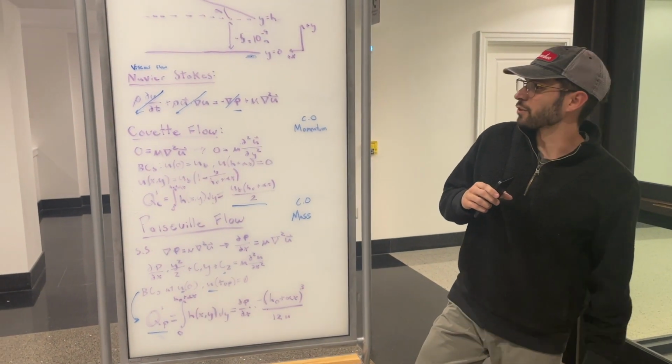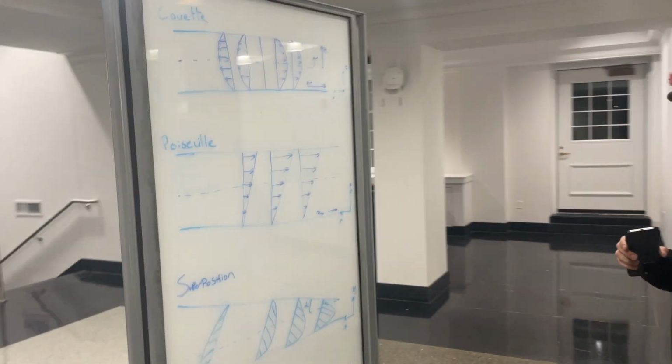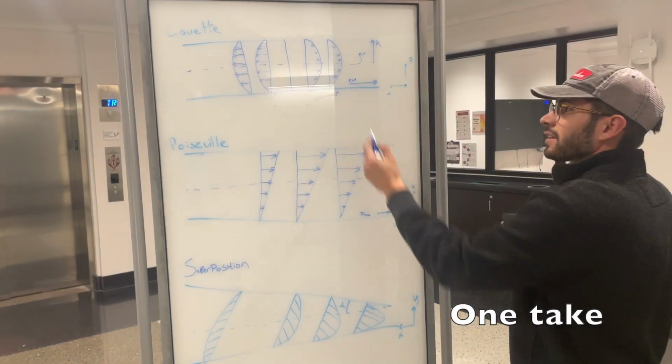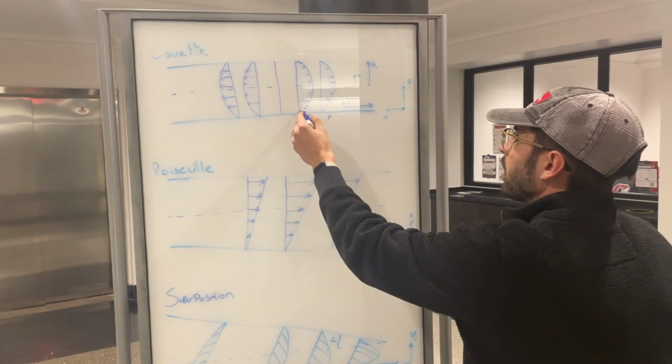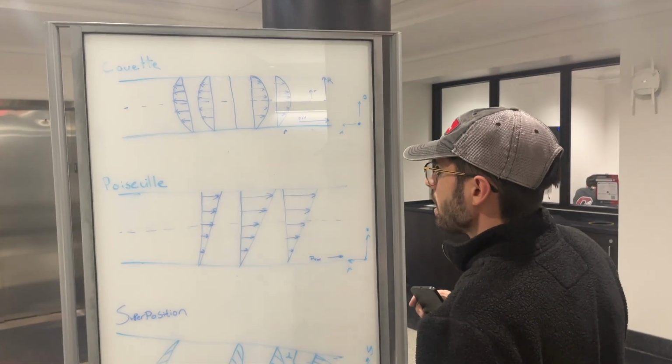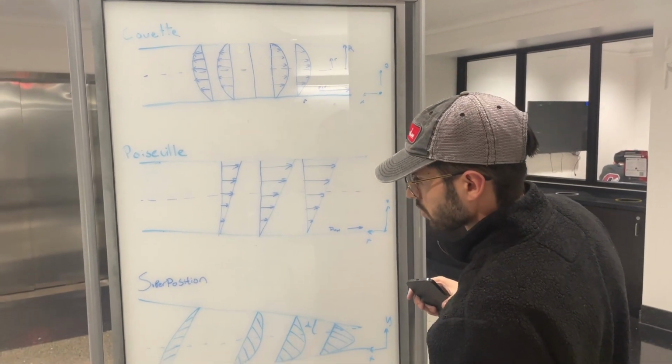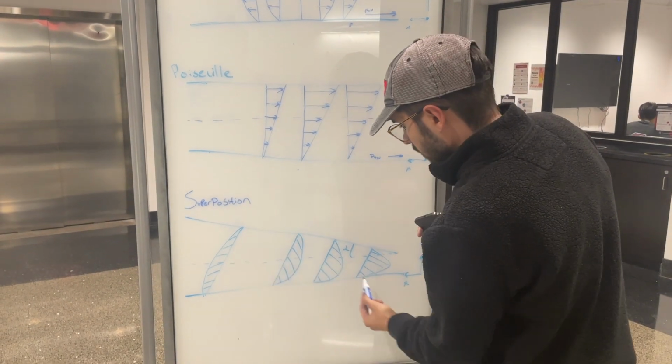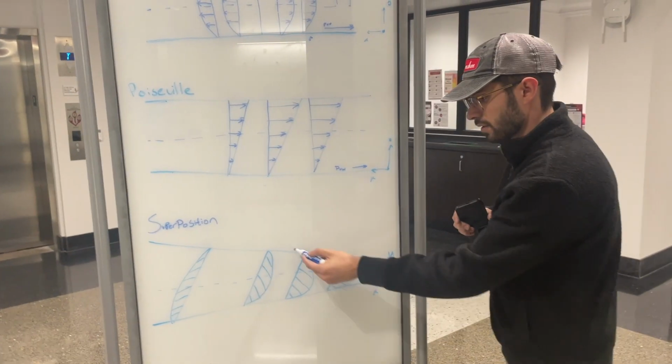lift force. So if you walk with me real quick here, I'll show you a Couette flow, which looks a lot like this, where you have parabolic arcs moving through, and Poiseuille flow, and when we get to our superposition part shortly, it will look a lot like this, which is how we find the lift that acts on the